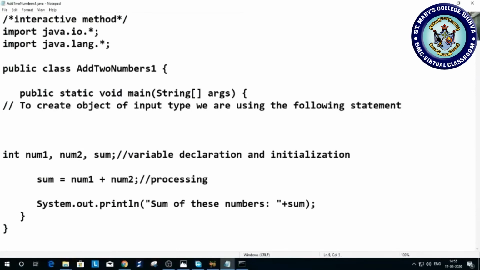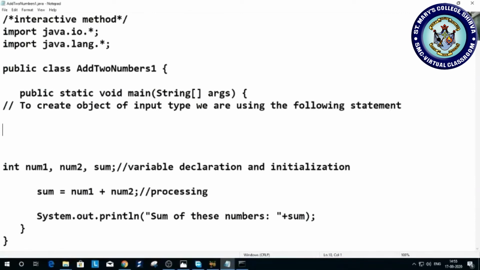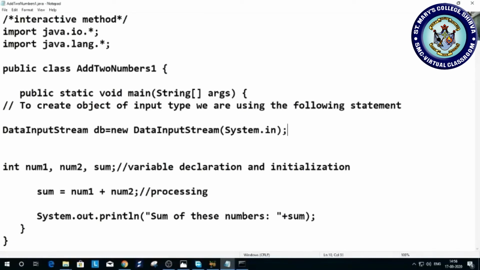Now let us see. First I have to define the name of the class, DataInputStream. I'm mentioning db equal to new DataInputStream(System.in).